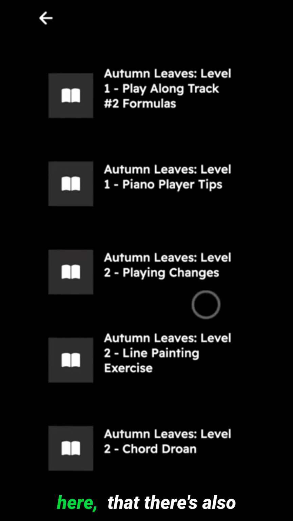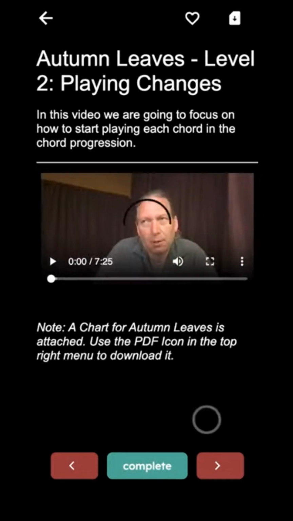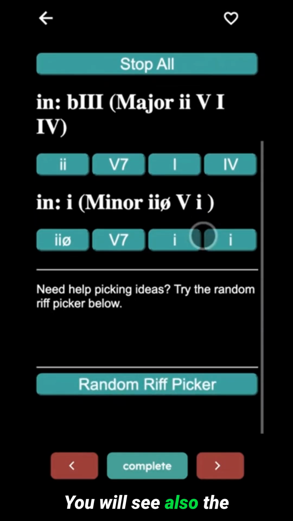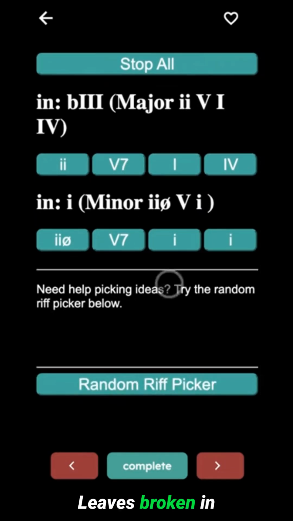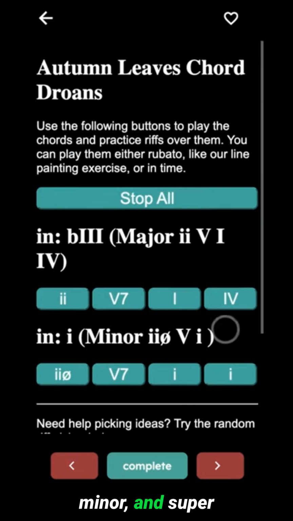And then you'll see in here that there are also different tips for, as a piano player, if you're a beginning piano player, how to play the tune, how to voice it. And there's videos for that. How to play the chord changes and different exercises for learning how to improvise. You'll see also the drone here on Autumn Leaves with our random riff picker, which is kind of cool as well. Following the progression, 2-5-1 in the major, 2-5-1 in the minor, and